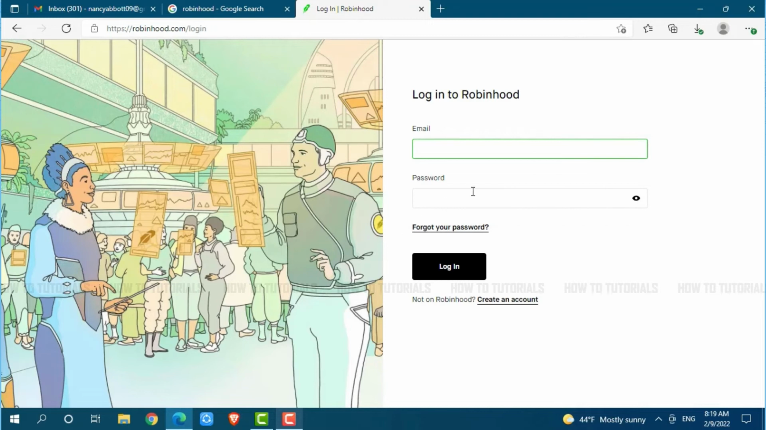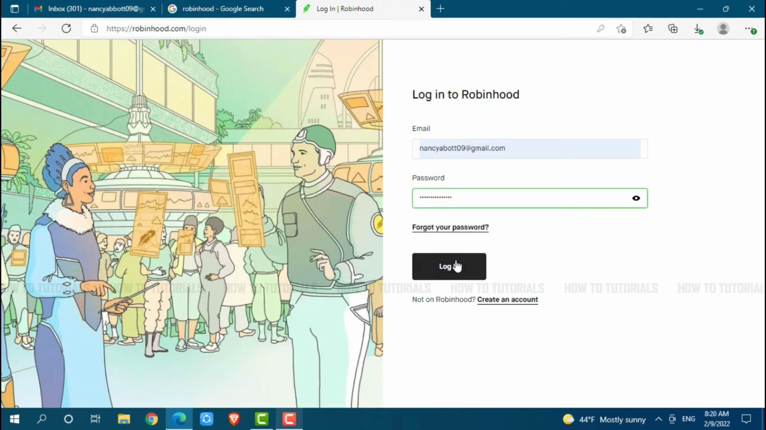Here you will see the login form page where you need to provide the following account credentials. First of all, provide your registered email address. Then provide your password. After you provide both details, click on login and you will get directly logged in to your